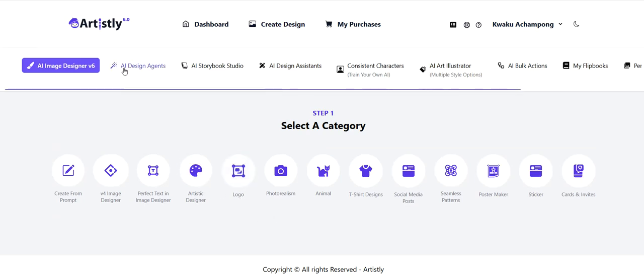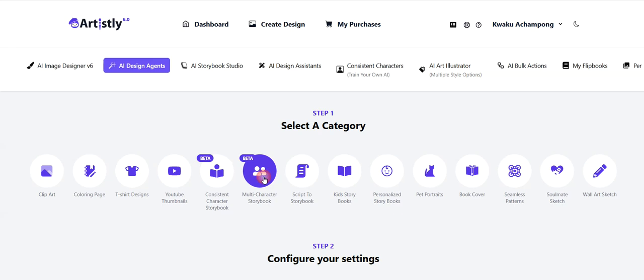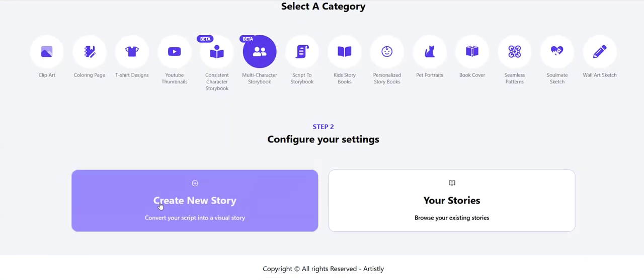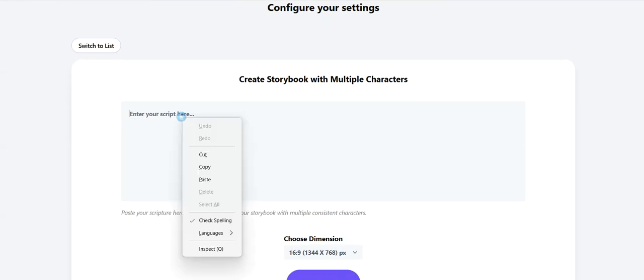Here you go to AI Design Agent, and you select multi-character storybook. Okay, it says create a new story. So all I have to do is paste the story from ChatGPT